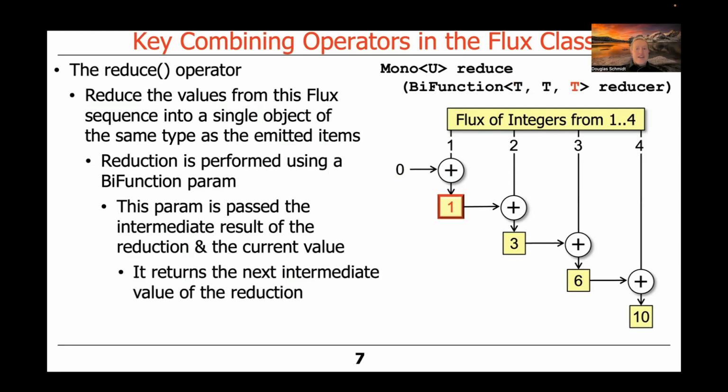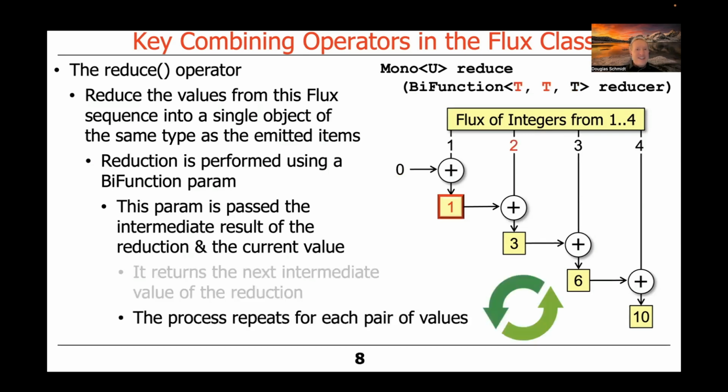And then we take that value and we feed that to the next item in the sequence. So now it's 1 plus 2, which is 3. We then take that value and feed it in to the next element that's emitted from the flux sequence. So it's 3 plus 3, which is 6. And then we take the value 4 and we add 6 to 4 to get 10. So of course the sum of 1, 2, 3, 4 is 10. And this is illustrating how the bifunction is used to take successive pairs of values, apply some operation, and then